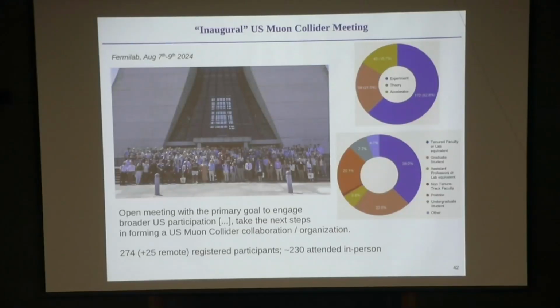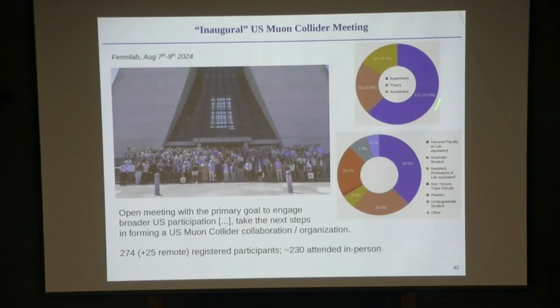In addition, however, in the US, we are trying to bring up a community that is interested in these projects. And so last year, we had a so-called inaugural US Muon Collider meeting for this type of multi-TeV collider. It was a very nice meeting we had at Fermilab. We managed to bring together accelerator physicists, detector instrumentation experts, and theoretical physicists to brainstorm together what the best compromises and the best choices are to bring a muon collider together. And that has been pretty successful.